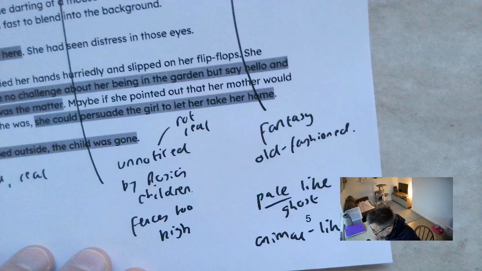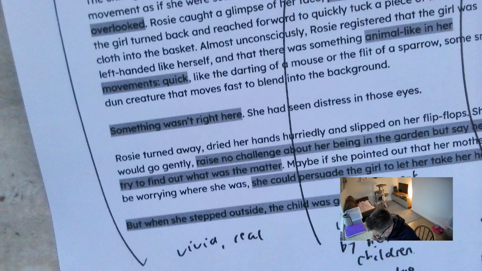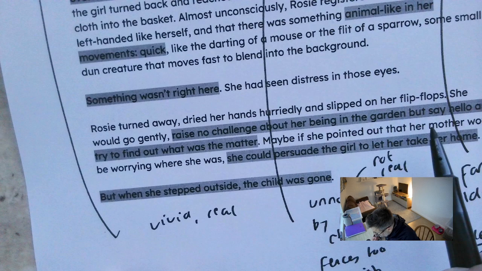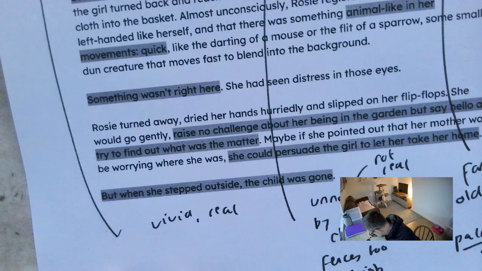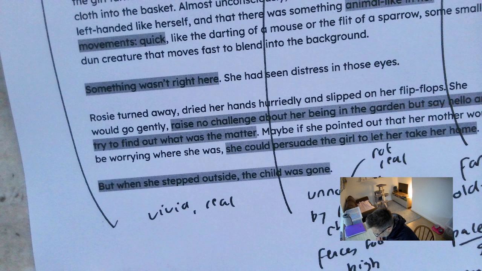Something wasn't right here. Rosie turned away, dried her hands hurriedly and slipped on her flip-flops. She would go gently, raise no challenge about her being in the garden, but say hello and try to find out what was the matter. Oh yeah, this was my evidence that the girl might be real, because if there were a ghost child in your garden, then probably you want to panic, get your kids out of there, but she's just going to approach this in quite a calm way.